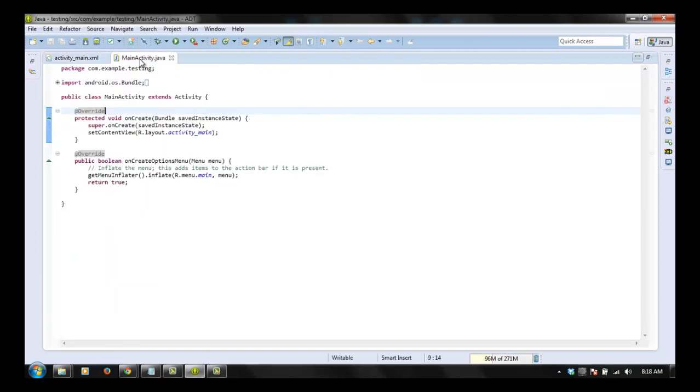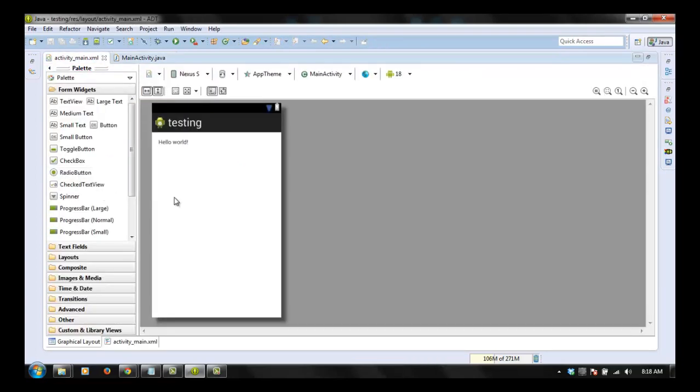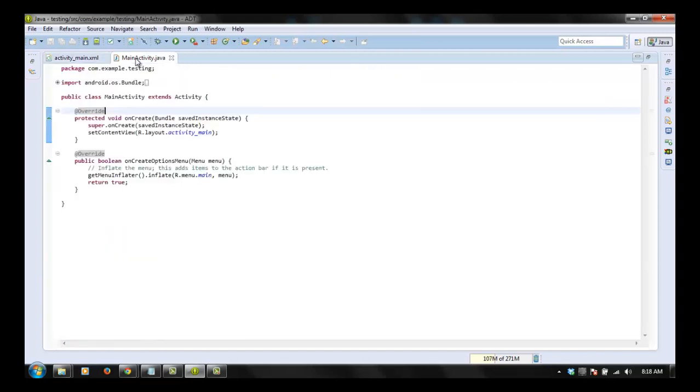This is a main activity.java file. This has nothing to do with the user interface. This has only the coding, like when we add a radio button, what should be done when the user clicks on the radio button, that will be coded in this main activity.java. Now, most probably you would have understood that this is bifurcated actually. So